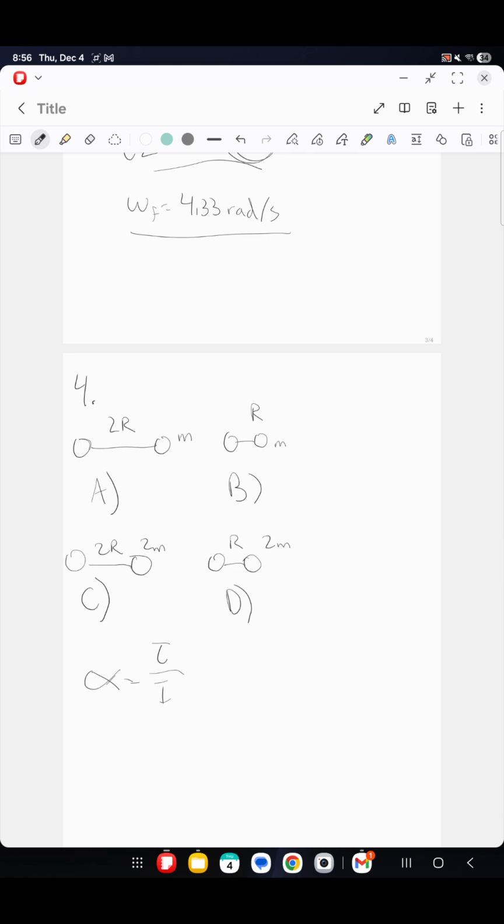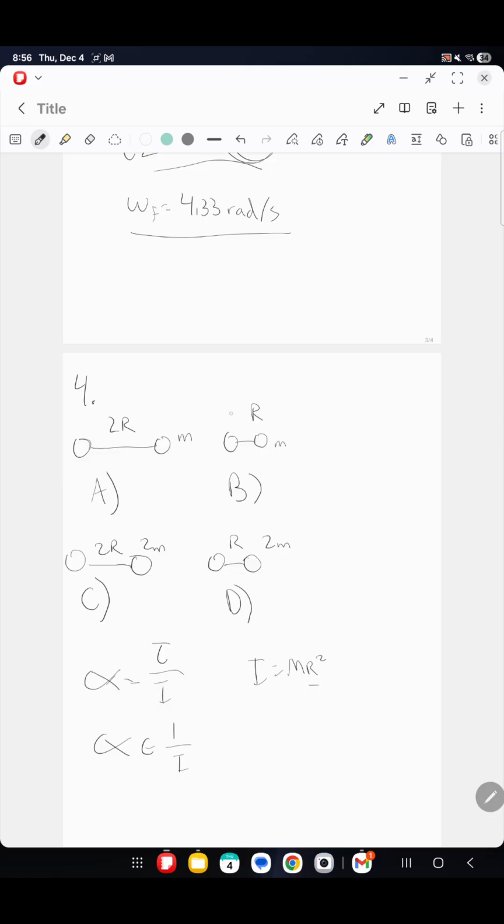So the one with the smallest moment of inertia has the largest angular acceleration, because angular acceleration is directly proportional to 1 over I. And so I is m r squared. So the one with a very big r will have a very big moment of inertia. And so the one with a smaller one